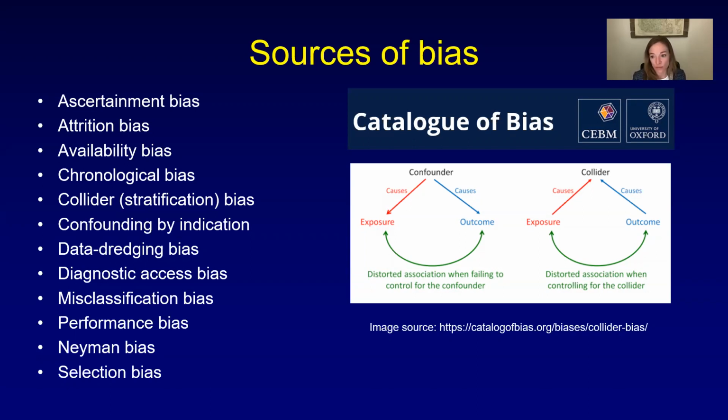Availability bias, I think, is really important in administrative data, and this is a distortion that arises from the use of information which is most readily available rather than that which is most representative. And so I think actually race and ethnicity are examples of that, because we're sort of whittling down someone's very unique features of their life into a few categories. You have 4 or 5 categories to choose from, and they're not very representative,